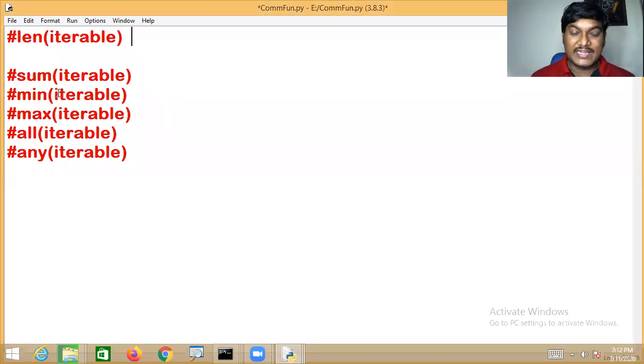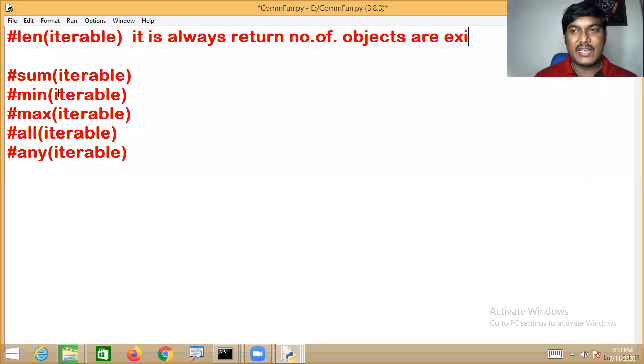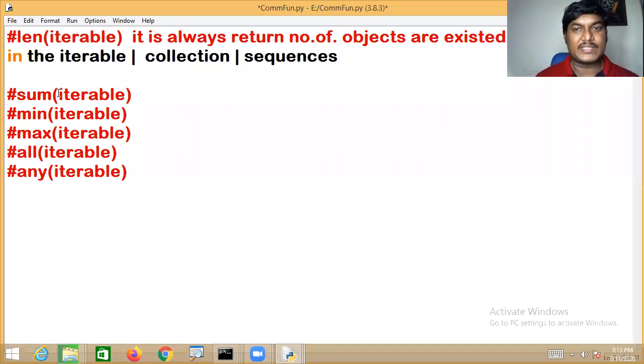It always returns the number of objects existing in the iterable collection. Iterable and collection are the same; you can also say sequences.